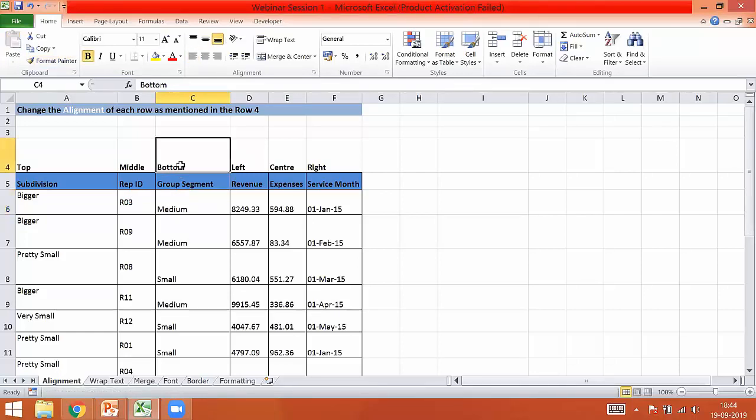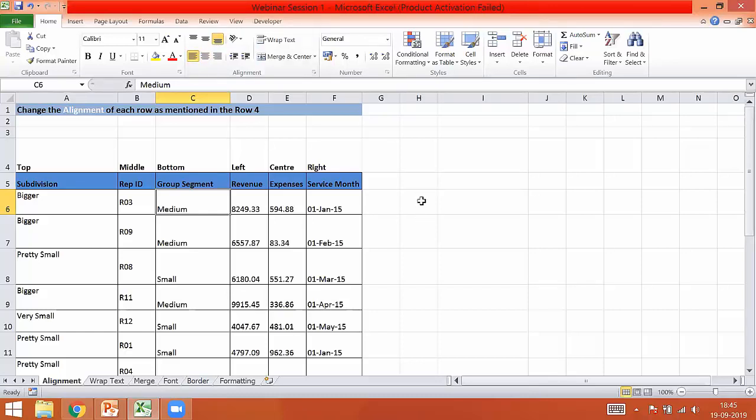What is bottom alignment? Bottom alignment is nothing but this tab. You can see that it is bottom align. Okay. So similarly, I'll be doing the bottom align. I'll make sure that it is clicked. And just one quick suggestion: whenever you are selecting any type of alignment and you are not understanding which alignment has been assigned, you can just see that those tabs will be highlighted in light yellow color, whatever alignment has been applied.